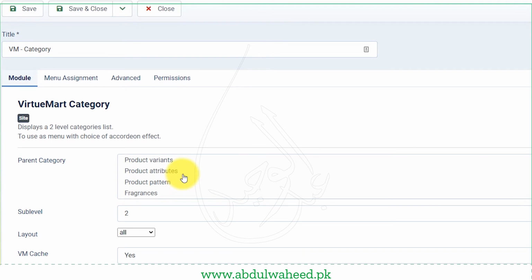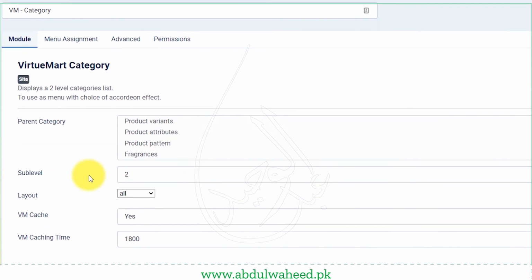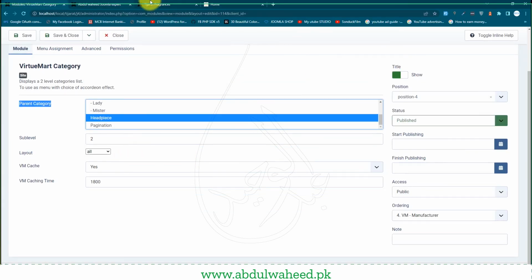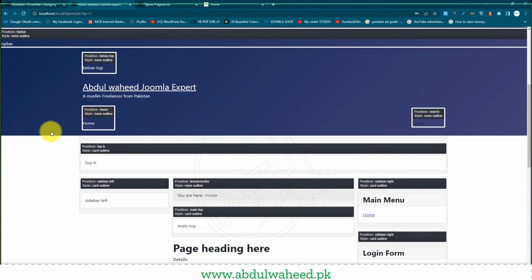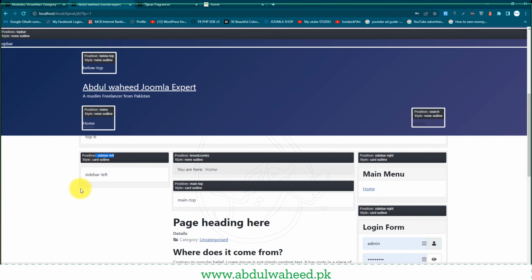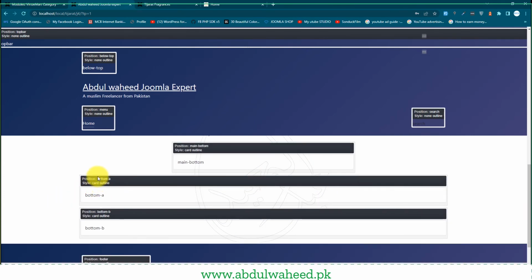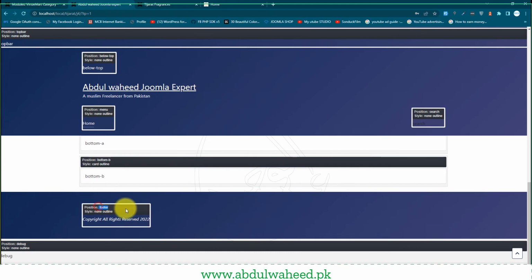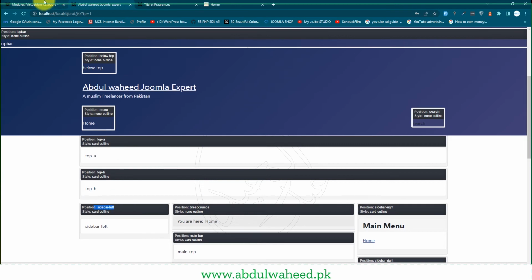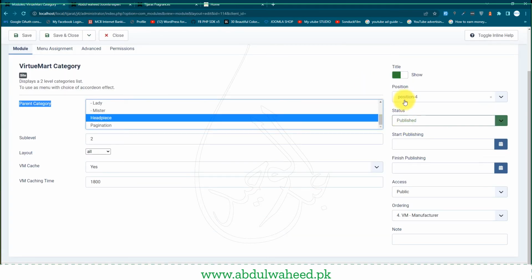Now when I click on the category, it is asking for some parent category to be selected from. Let us say we select this headpiece. I don't know how many products are in this category, and let me see some useful location for this category. We can either use the left sidebar, we can use this bottom, we can either use the footer. Let me try first sidebar left. Go to the position, tap the left. This position is here,